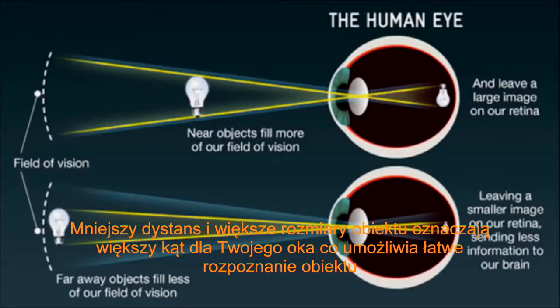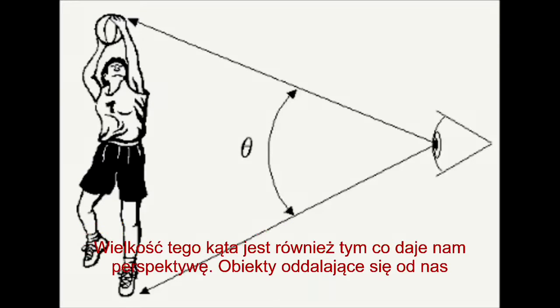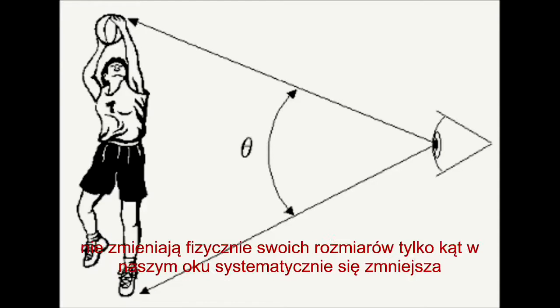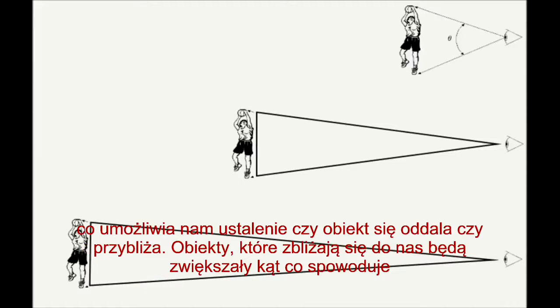A shorter distance and larger diameter of an object equal a larger angle at your eye, thus easy to resolve. A longer distance and smaller diameter of an object equal a smaller angle, thus difficult for your eye to resolve. The size of the angle is also what gives us perspective. Objects do not physically shrink in size as they move away from us, but the angle in our eye gets smaller and smaller,